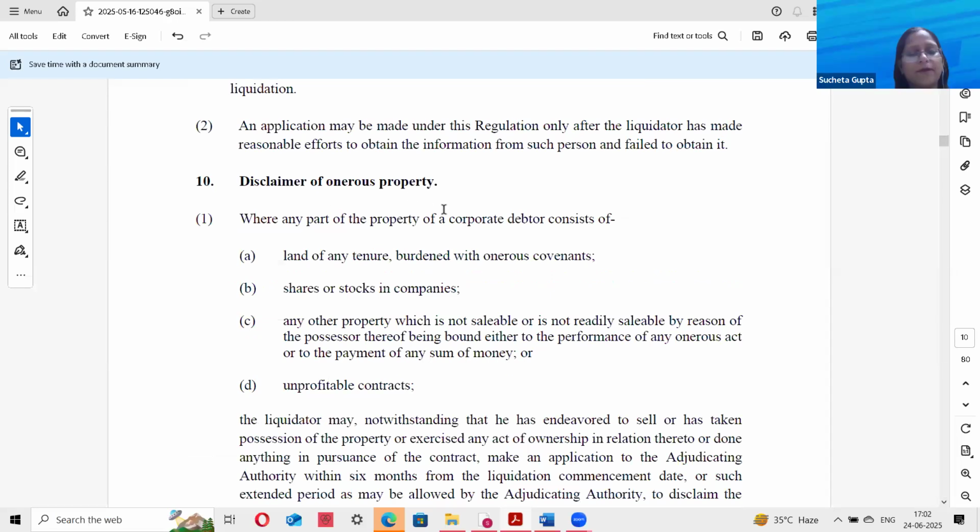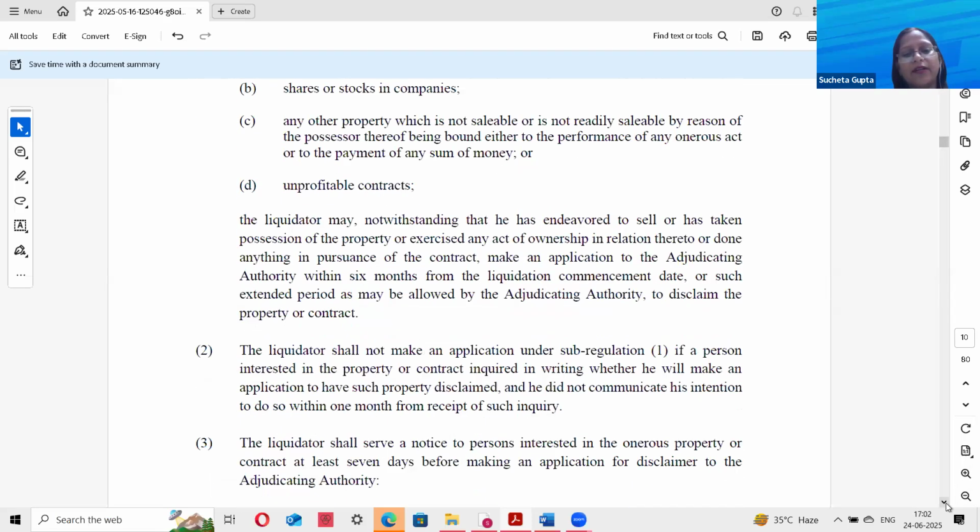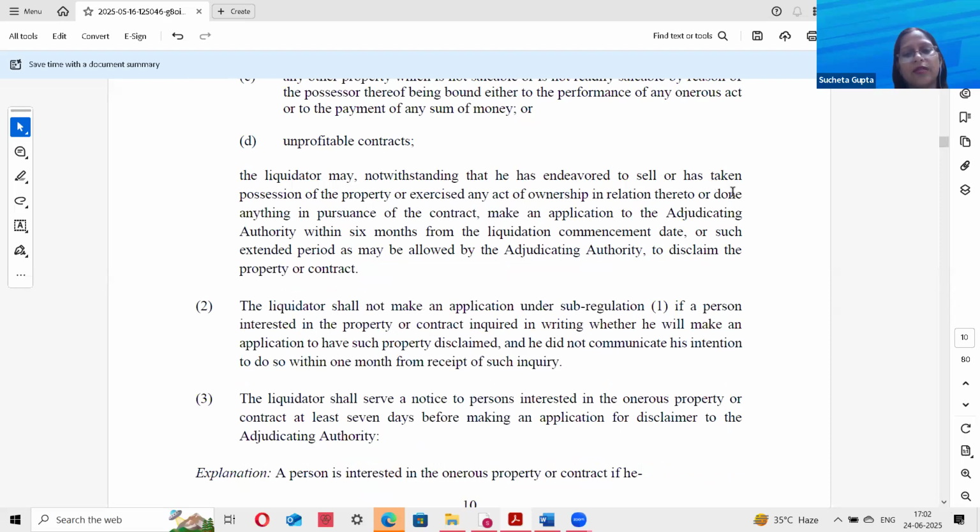Now, disclaimer of owner's property. Where any part of the property of the corporate debtor consists of land or any tenure burdened with the owner's covenants, shares, stocks in companies, any other property which is not sellable or not readily sellable by reason of the possessor thereof being bound either to the performance of any onerous act or to the payment of any sum of money or unprofitable contracts, the liquidator may, notwithstanding that he has endeavored to sell or has taken possession of the